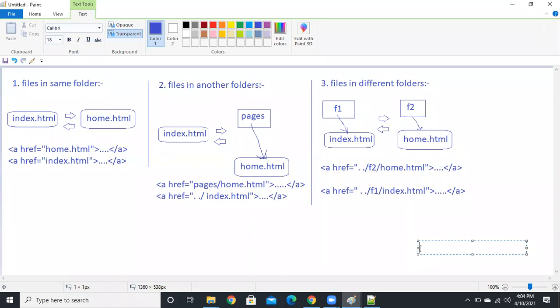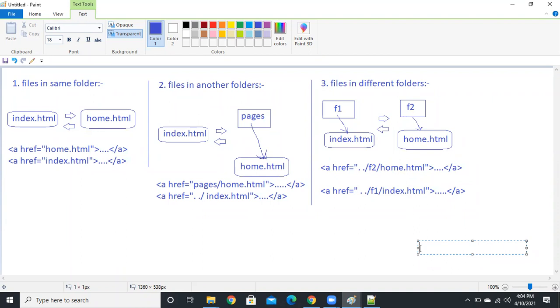Ankit, you try one more. Just write it down. In F2, have one more folder, F3. You just navigate. Same structure, just create one more folder F3 inside F2. Okay, you just navigate to home.html.